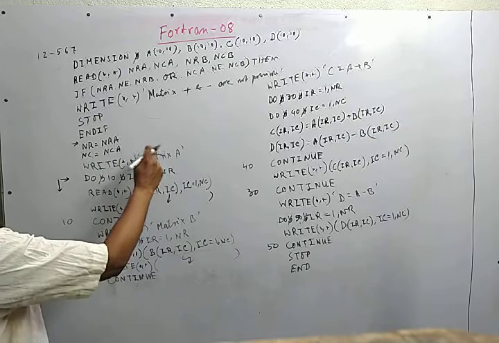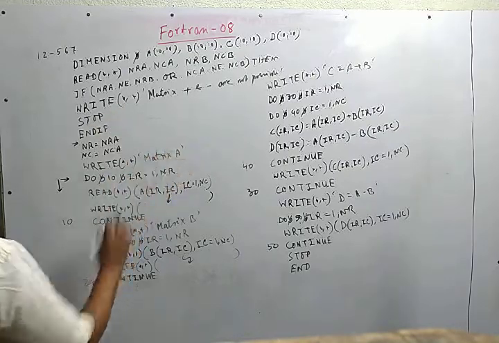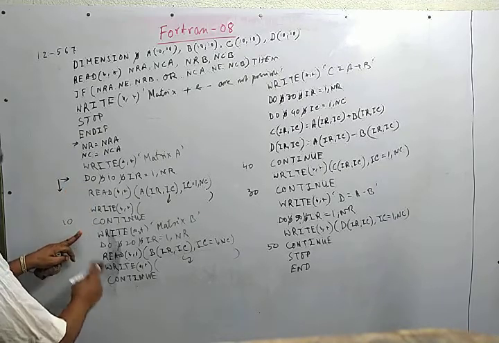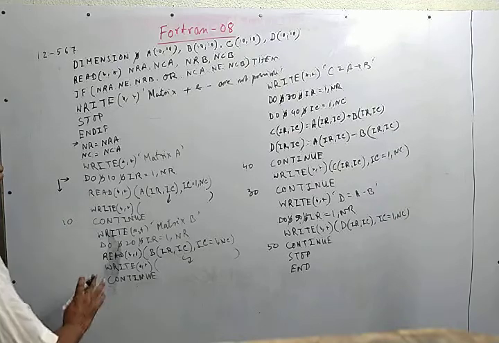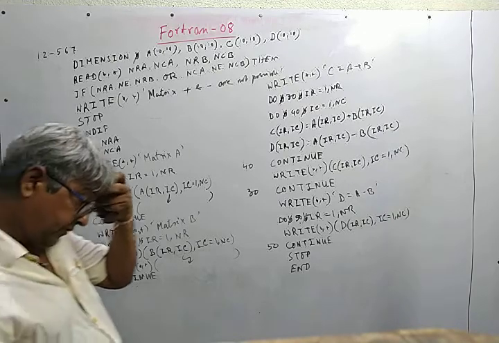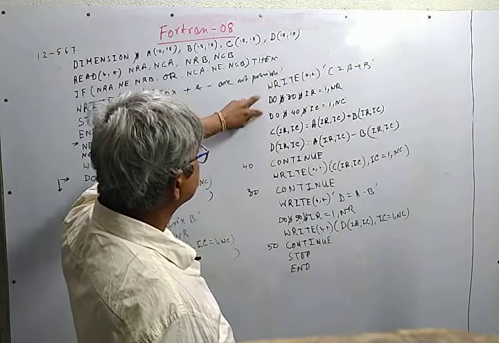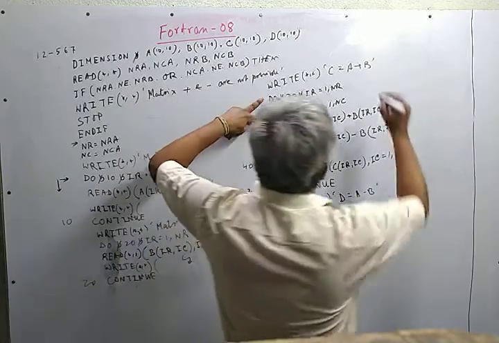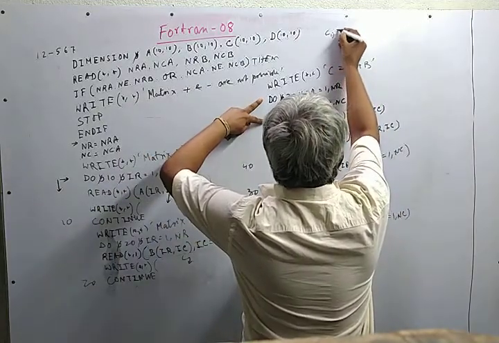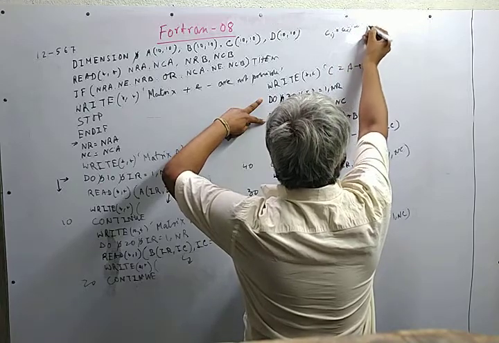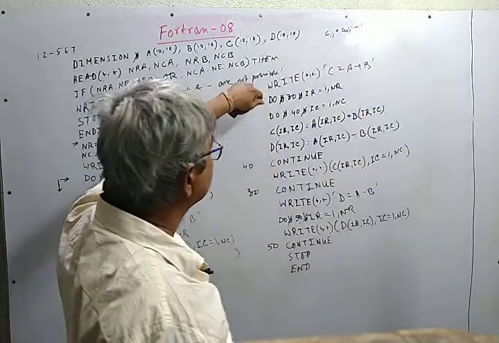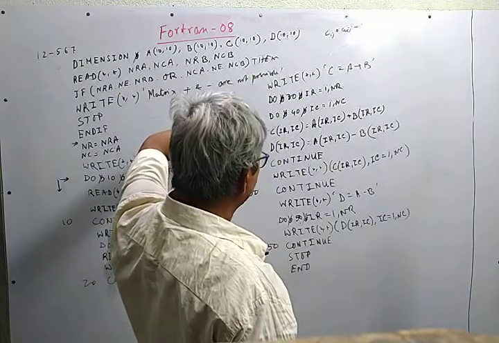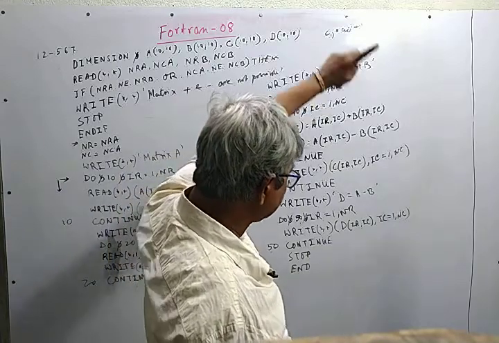This message will be given that it is the matrix A. Then the input of matrix A is completed over here. Then another similar loop has been created to input the matrix B. Then in this we have implemented the basic operation of matrix, that is Cij is equal to Aij plus Bij, and it has to be implemented for all i, j. So these are done through two loops, and we have defined Cij is equal to Aij plus Bij